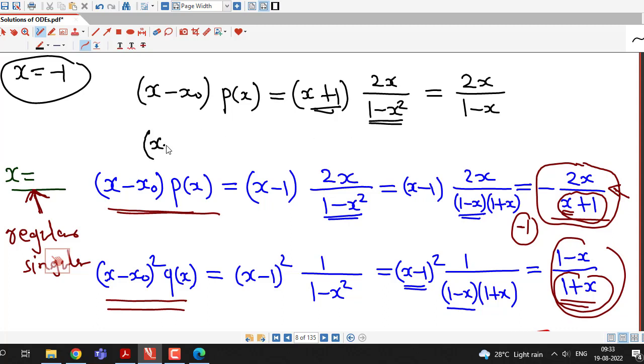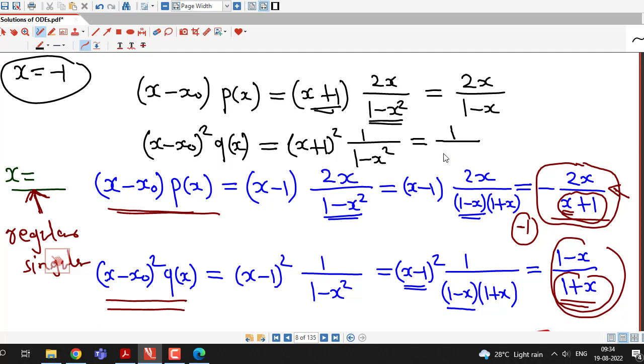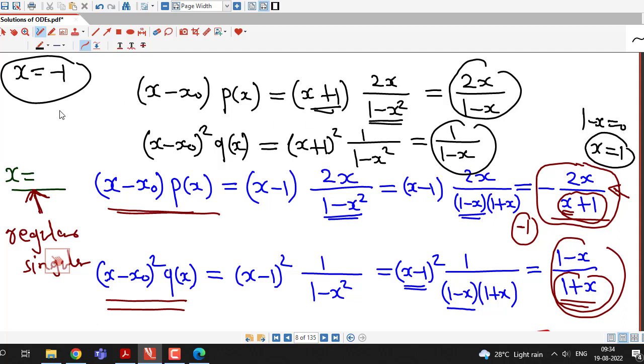Similarly we can decide square of x minus x0 into qx. So here I have to write x plus 1 square. Here I have 1 over 1 minus x square. Here also 1 plus x will cancel out, and we are left with 1 over 1 minus x. And these two are rational functions. Denominator is 1 minus x. It becomes 0 if x equal to 1. And we are checking at x equal to minus 1. So obviously these two functions are analytic at x equal to minus 1. Therefore x equal to minus 1 is also